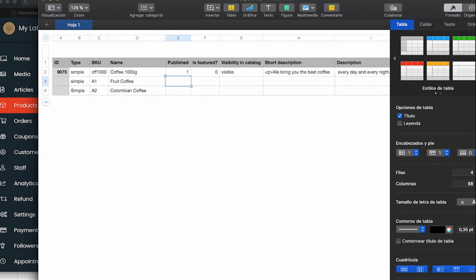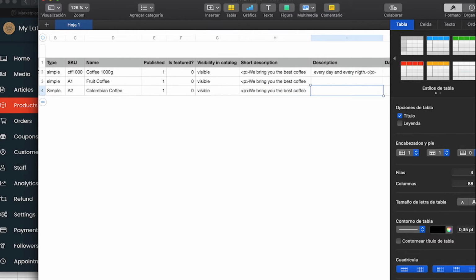Okay. In published, I will put one, this is a published product. It will be a published product. Featured, I can leave it at 0. I don't want to change all the options now. I will just copy the same options. A short description, I will use the same, but you can define a different one. The long description,